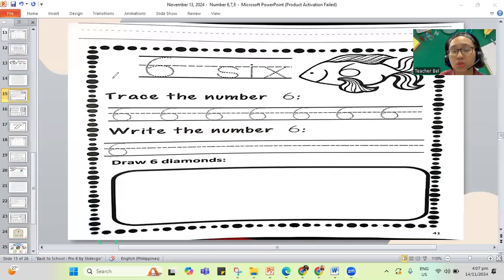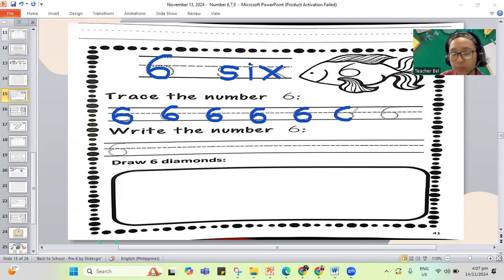Later on, I'll also show you how to draw your diamonds. Trace 6 and the word 6, S, I, and the letter X, that's 6. Again, we have to make 6, also trace all your number 6. You have to trace this one. You go around and go in.